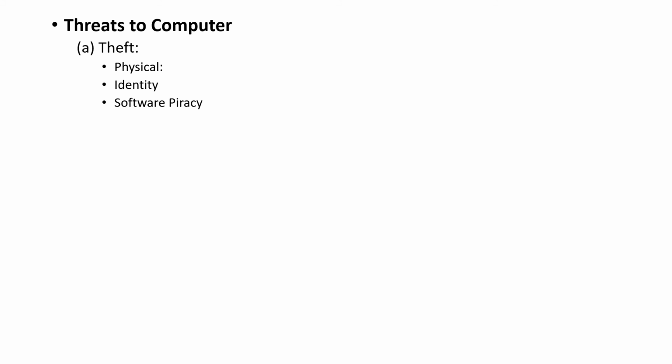Physical, identity, software piracy. Physical, when a person may steal your desktop or laptop or computer, they can physically steal your information. Identity, where a hacker steals your personal information and assumes your identity. Using the false identity, the hacker can gain access to your account information or perform illegal activities. And lastly, software piracy. This is the stealing of software and includes the using, distributing, unlicensed or unauthorized copy of a computer program or